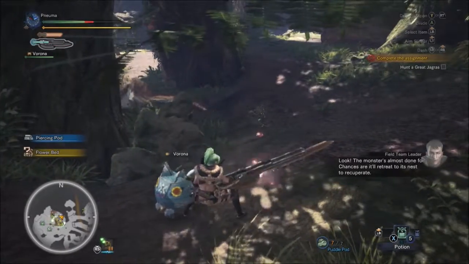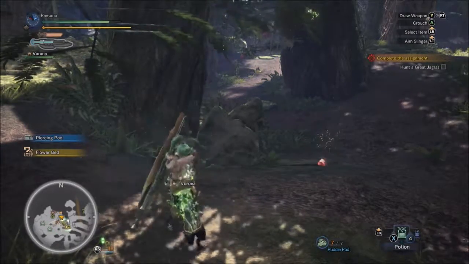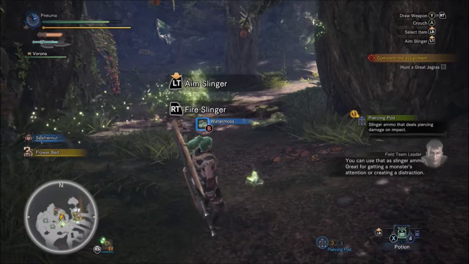Look, the monster's almost done for. He's limping, which is how you know he's really weak. Also, his heartbeat is very, very low. You can see it right next to the mini-map. There's a little blue line there, and that's his heart rate, so... Before we go chasing after him...